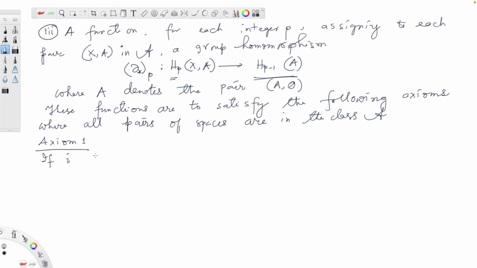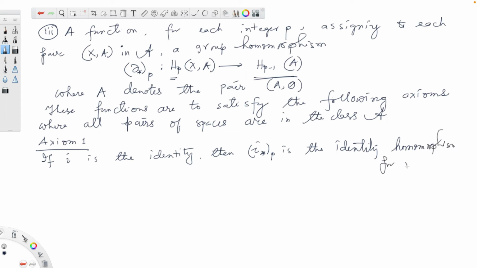If I is the identity map between pairs of topological spaces, then the corresponding induced group homomorphism I star at P in the category of abelian groups is just the identity homomorphism for all P in the set of integers. Now the second axiom,